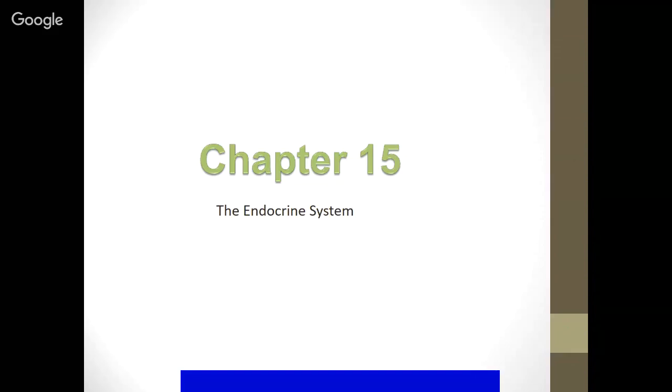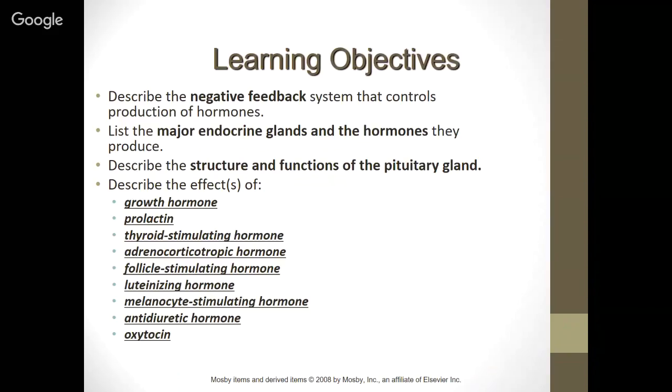Hey, welcome to Chapter 15. We're going to be talking about the endocrine system today. Our learning objectives are to describe the negative feedback system that controls production of hormones. We're going to list the major endocrine glands and the hormones they produce, and we'll describe the structure and functions